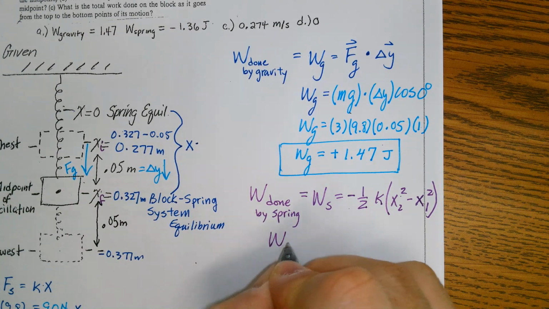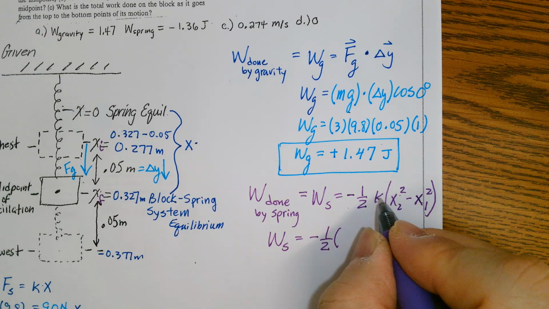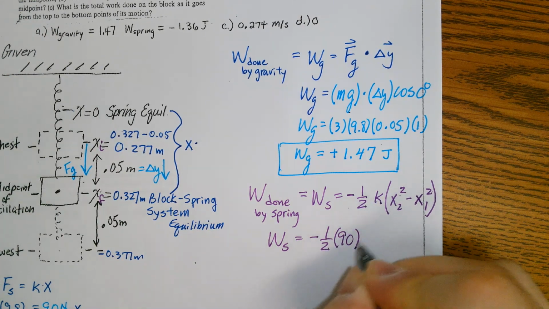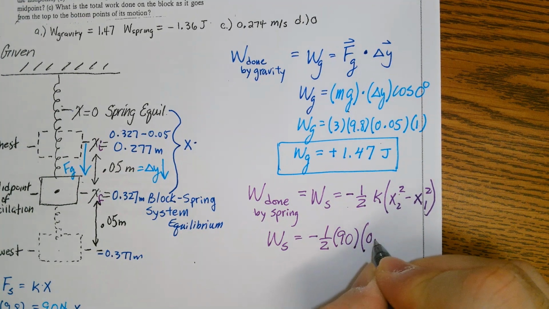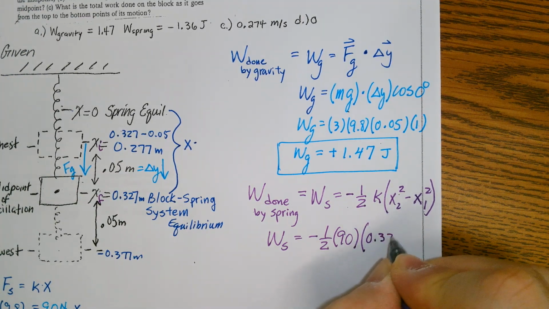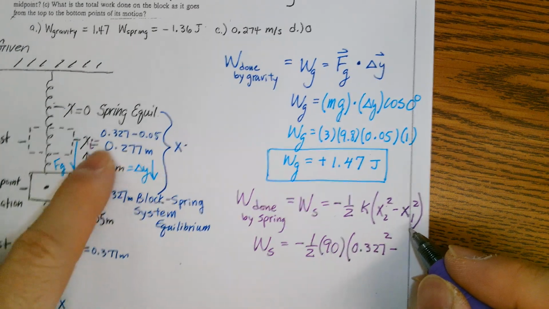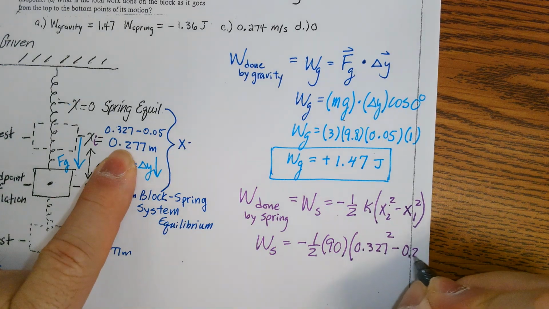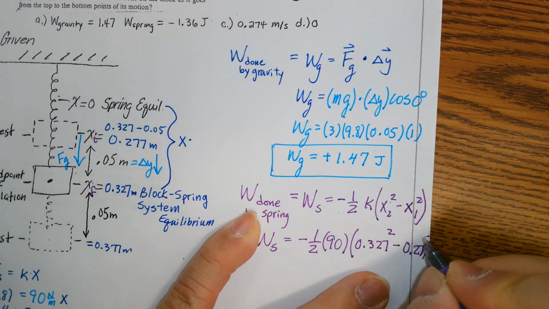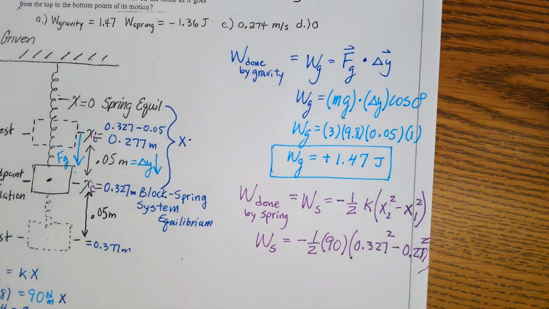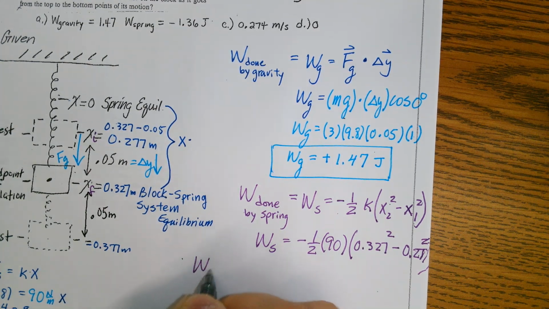So you can say work done by spring now is equal to negative 1/2 times k value, which is 90, times x final, which is 0.327 squared, minus x initial is 0.277 squared. Oh, I'm running out of room. Sorry. All right, I should write it down here. So here,